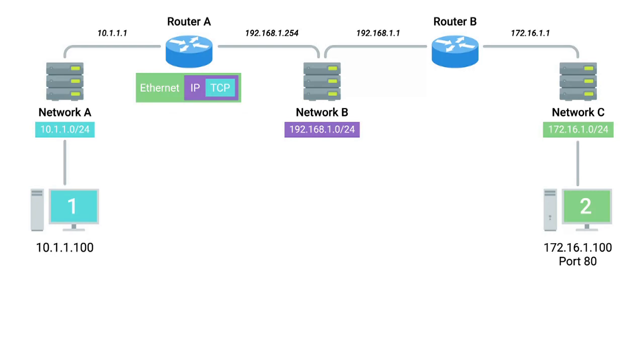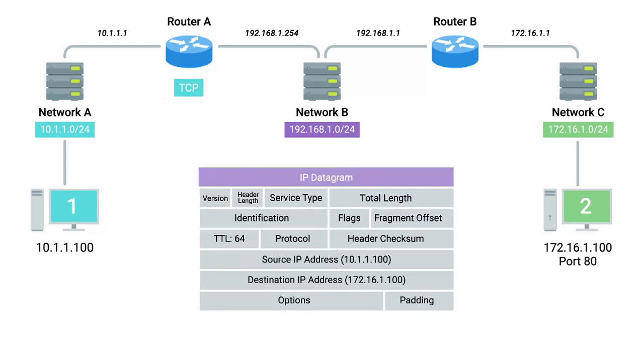Next, router A strips away the Ethernet frame, leaving it with just the IP datagram. Again, it performs a checksum calculation against the entire datagram, and again, it finds that it matches, meaning all the data is correct. It inspects the destination IP address and performs a lookup of this destination in its routing table. Router A sees that in order to get data to the 172.16.1.0/24 network, the quickest path is one hop away via router B, which has an IP of